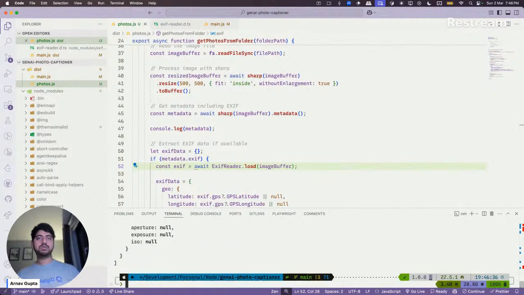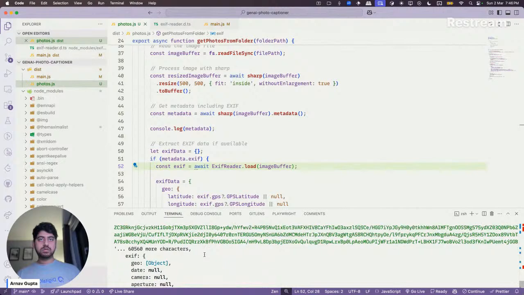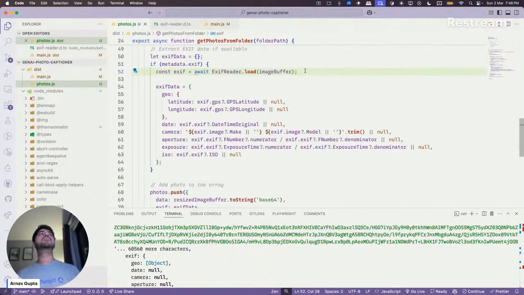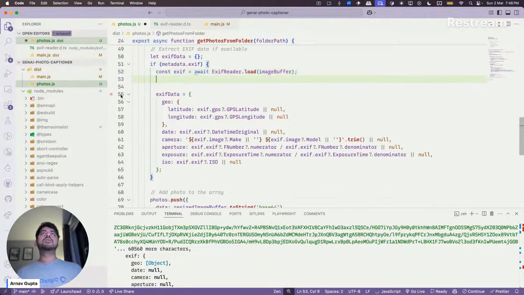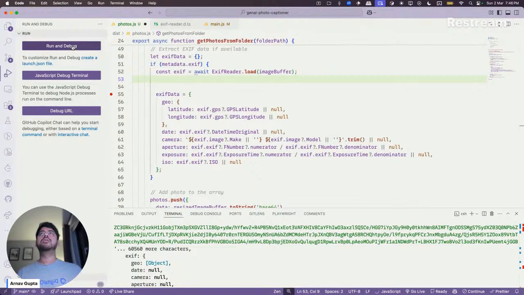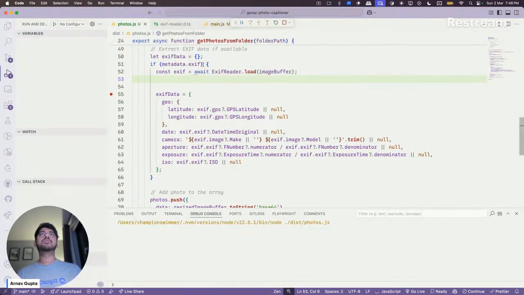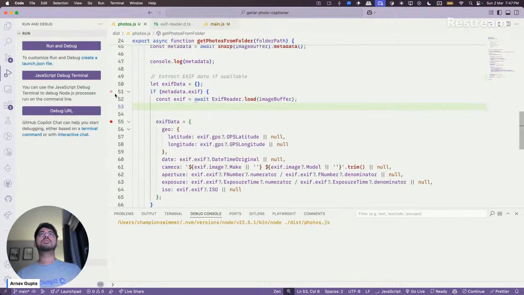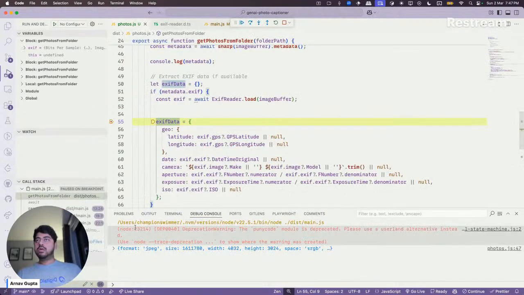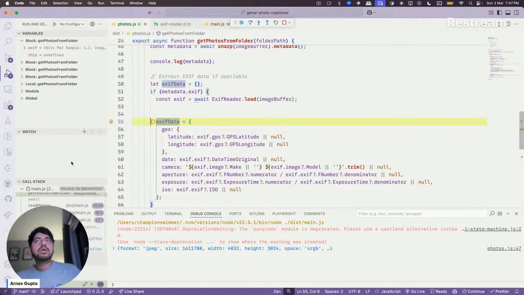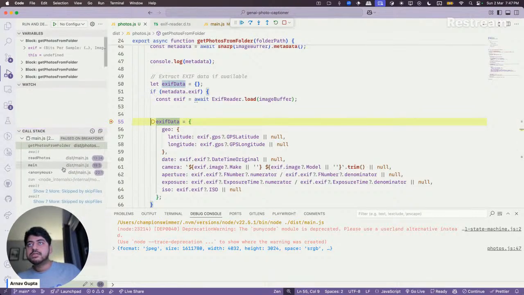Okay. So what is the information inside EXIF?